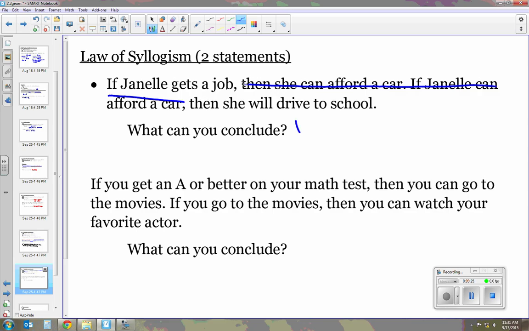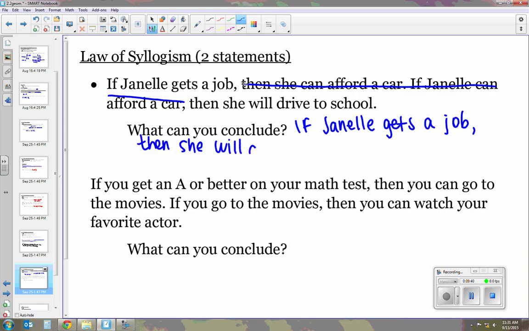So we can say if Janelle gets a job, then she will drive to school. And that is our conclusion. Okay, let's look at our very last one using the law of